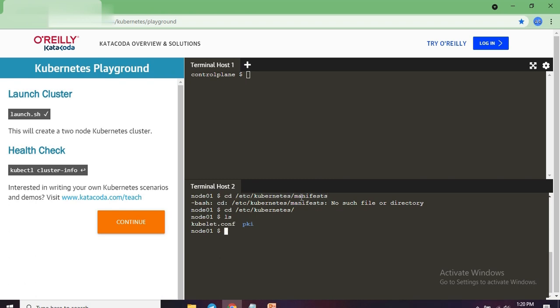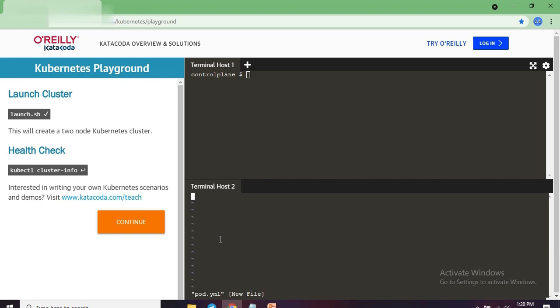It looks like there is no manifests directory, so we will create a directory called manifests and we'll create a pod in the same directory. Let me just create it. As you can see, I have created manifests, changed directory, and you will have to define a pod definition. Let me open my vi editor, vi pod.yaml. I have one pod definition.